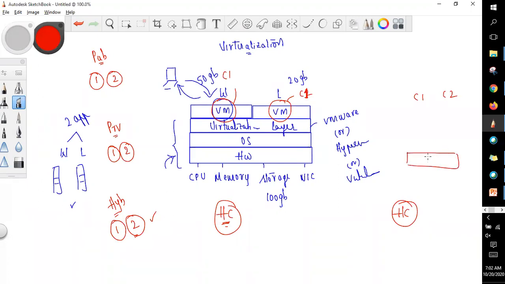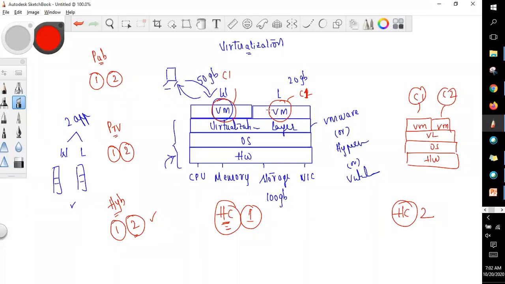Let me draw because you asked for the second time. On one host computer, a customer is utilizing all the virtual machines. On the other one, he's actually sharing it. That means he's using private and public. It's a hybrid.